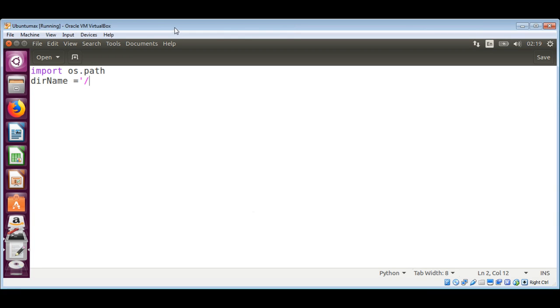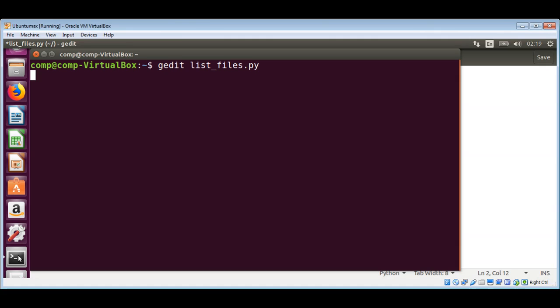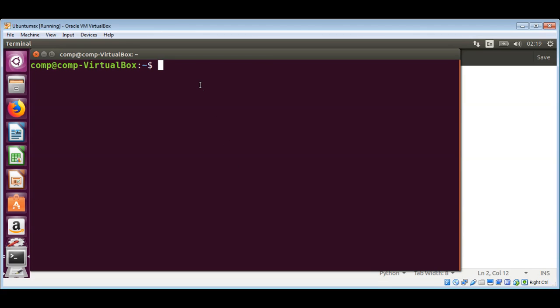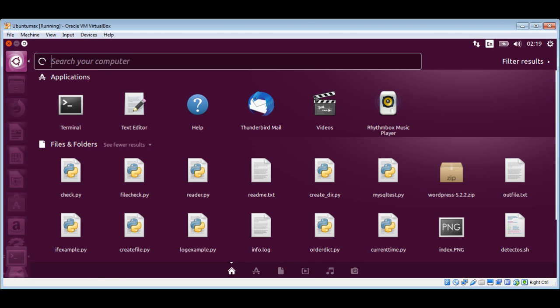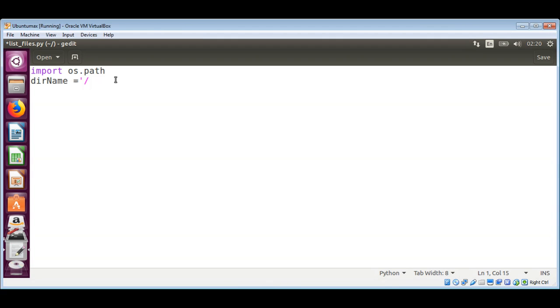or present working directory. So I can go over here on terminal and open a new one, and here I can do the pwd command, and here is my directory, home comp. I will use that one. So back to our code. Home, it should be over here, home comp, that's our directory name. Then I will save the file names